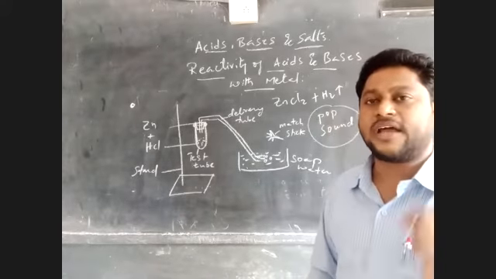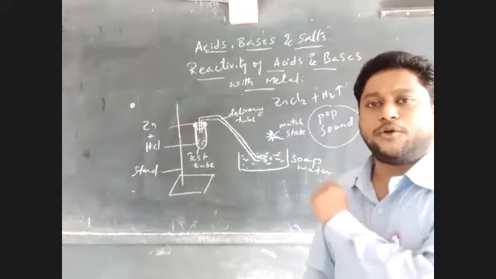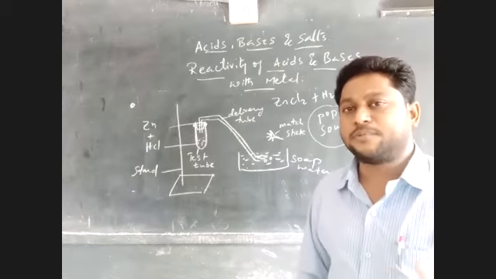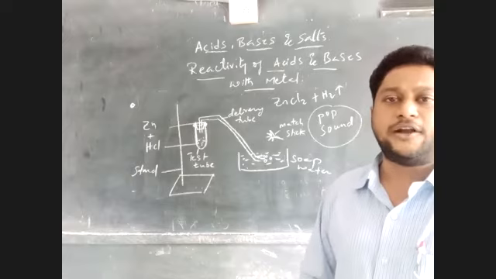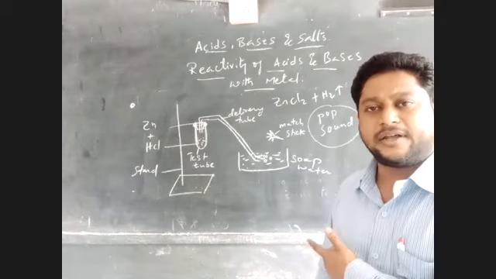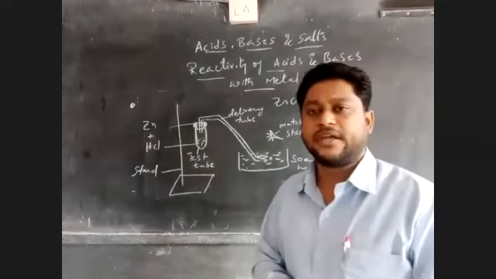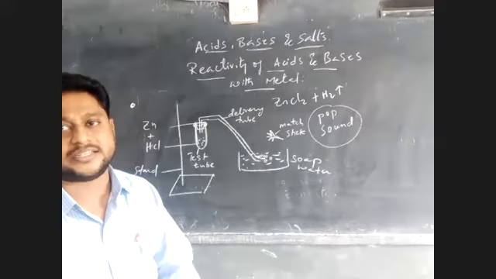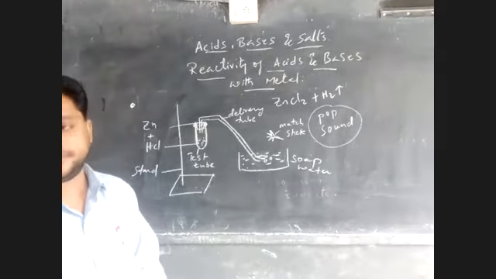So the evolution of the hydrogen gas is confirmed by doing the flame test. When you bring a burning matchstick or a burning candle, the gas burns with a pop sound. That is the indication for the evolution of hydrogen gas. So this is the activity, the diagrammatic representation, and the general equation with the reaction examples. This is all about the metal reacting with acid and bases. You can take a screenshot if required.